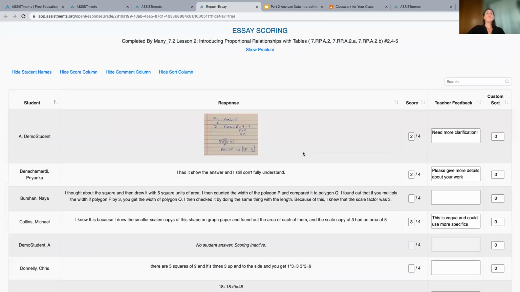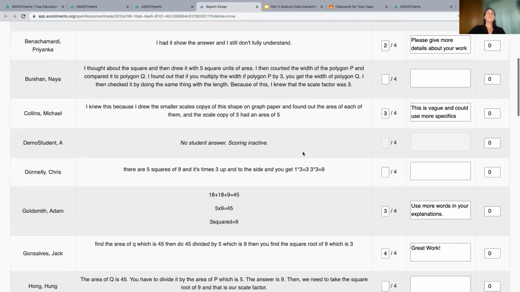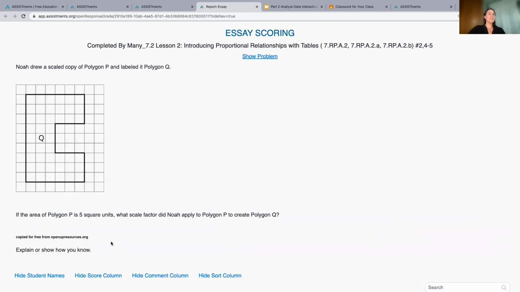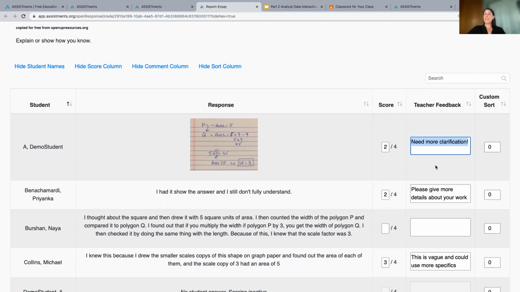scoring window. So here you're going to be able to see all of the students' work for that one particular question. And up here at the top, you don't have to memorize the question. I can see what the problem is and then look at student work. You can score on a 4-point scale, which will carry back over to the report as a percentage and factor into the student's score. You can also leave feedback for that student, which you'll have to let them know that you left feedback in your LMS so that they can go back in and see the feedback that you took